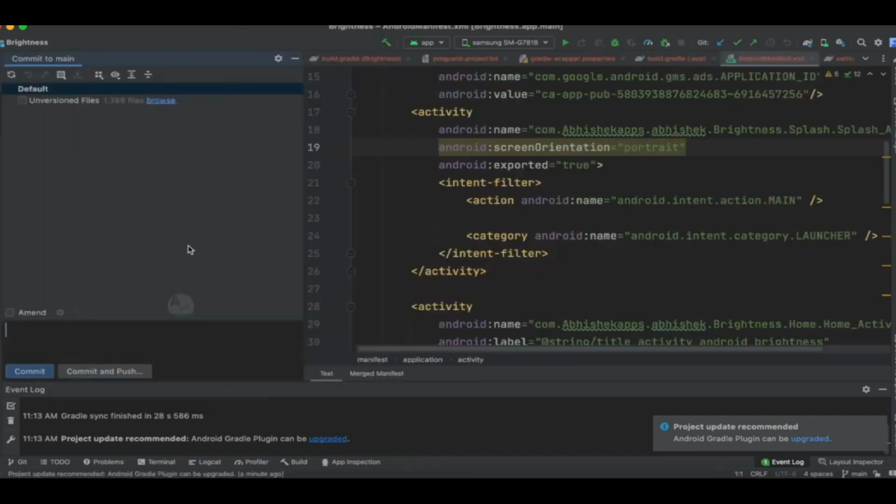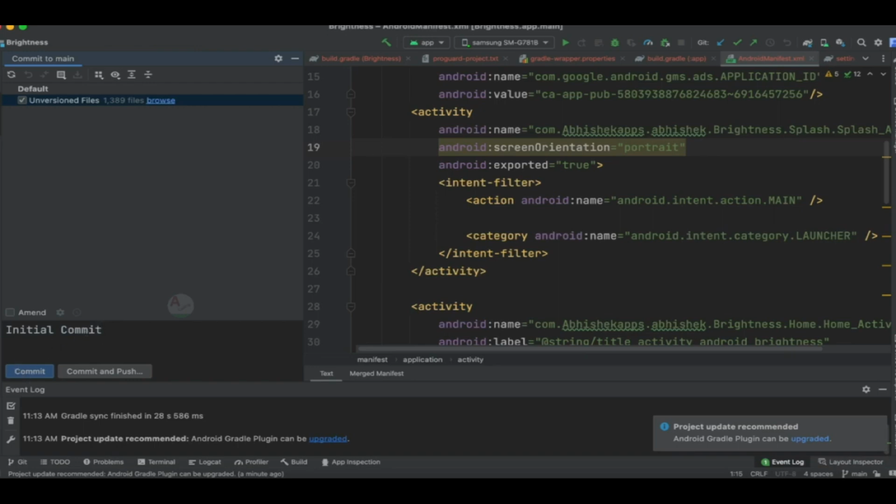So I'm going to commit the entire directory now for the first time, and here I'm going to specify it like initial commit. This is a basic message which you provide for each commit, and when you commit the next time, like when for a particular file you are going to make some changes, just try to specify those changes here